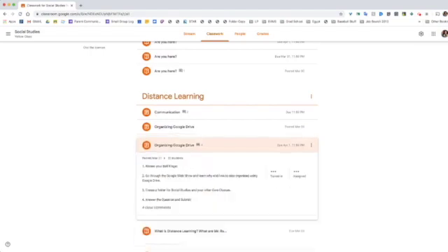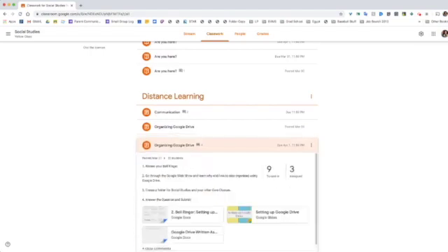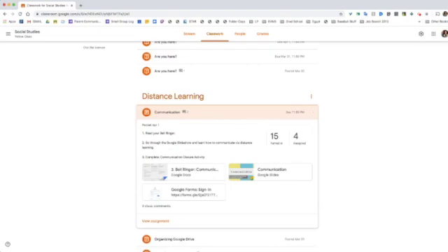Then we learned about organizing our Google Drive and why that's important. Obviously we need to get organized now because all of our classes are online, right? I had you create a social studies folder and a folder for each of your classes, and I taught you how to color code them, how to name them, and why it was important to keep organized.